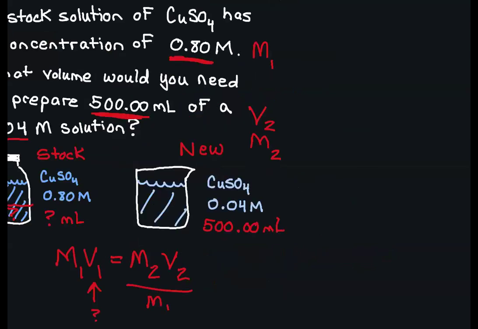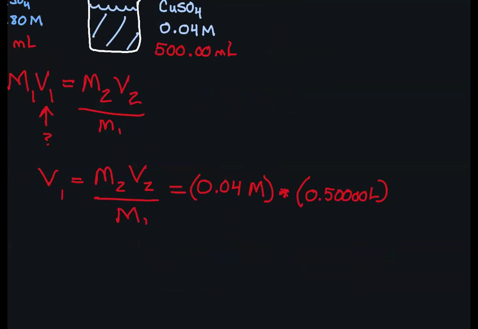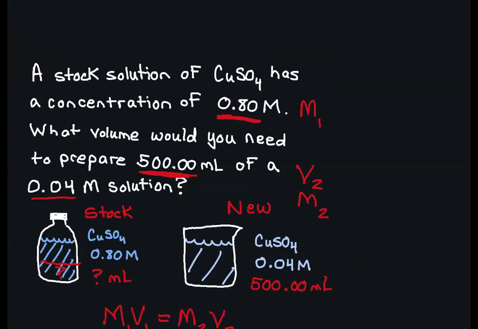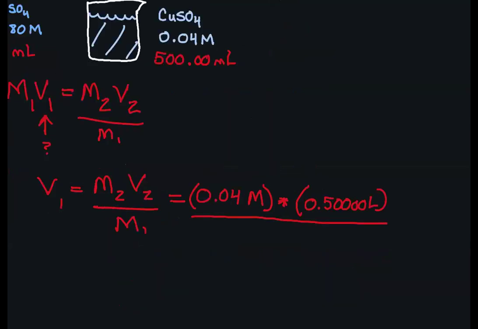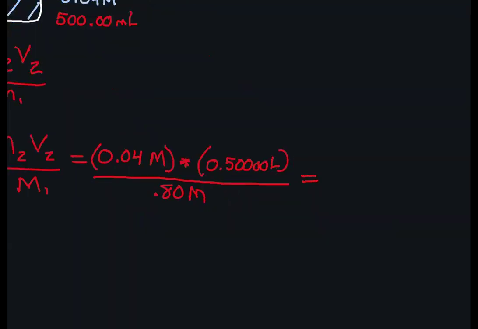So 0.5 liters. And then finally, we're going to divide by the original molarity, which in this question is 0.80. Okay, so what we are doing mathematically is 0.04 times 0.5 divided by 0.8. So what we get is